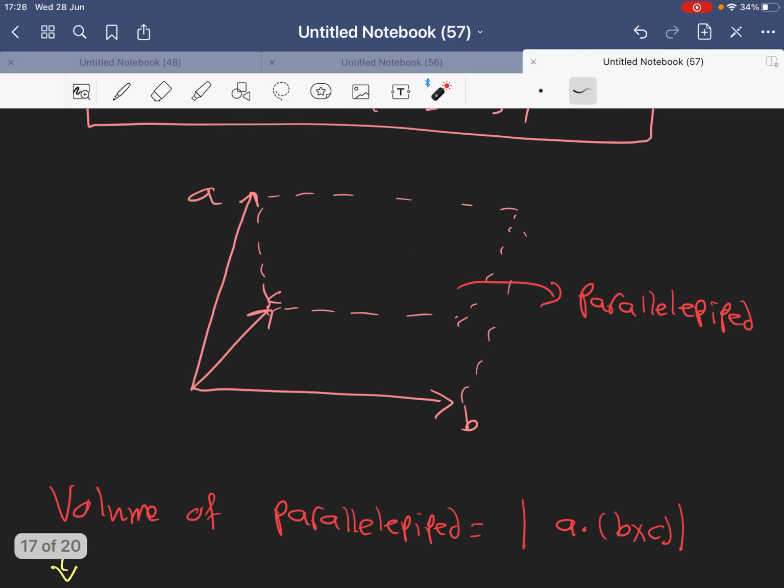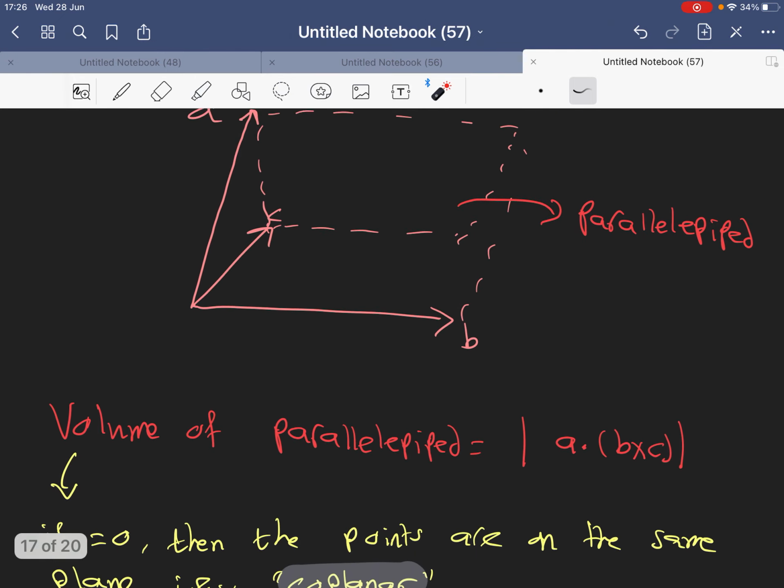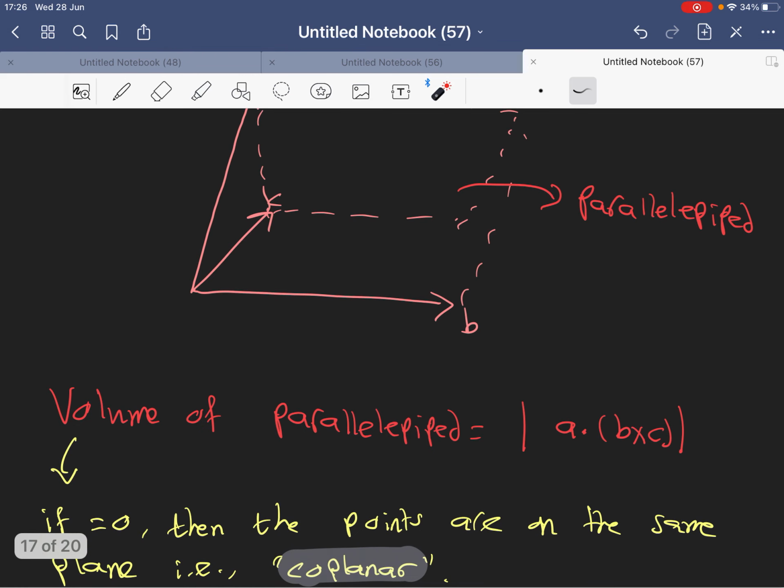Now, if we want to find the volume of the parallelepiped, all we need to do is apply this formula, which is the triple product. It's very easy, very straightforward, very direct. However, sometimes if we apply this formula, we might end up with the number 0, which means that A and B cross C are